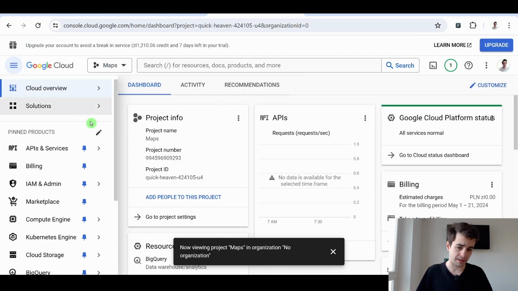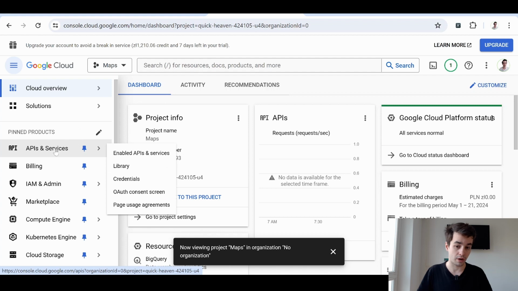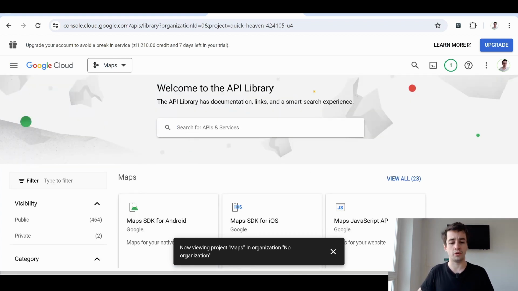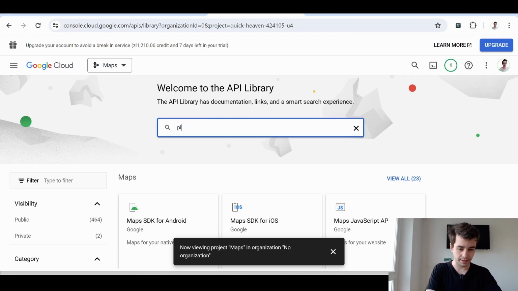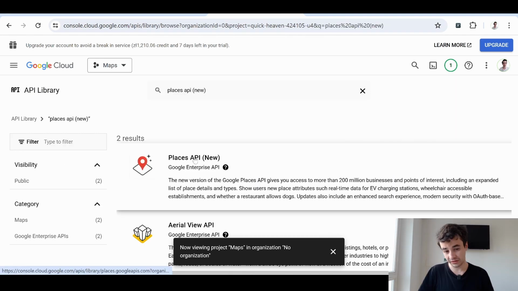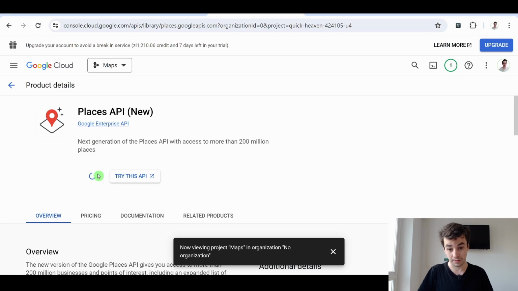To get my API key, I have to enable a specific API. So I go to API and Services and I click on the Library tab. Let's search for our Places API, Places API new, and I enable it. And here it is. Alright, to create our Python script, we first have to import some libraries: requests, JSON, pandas,